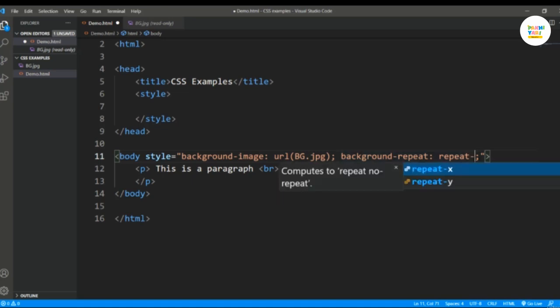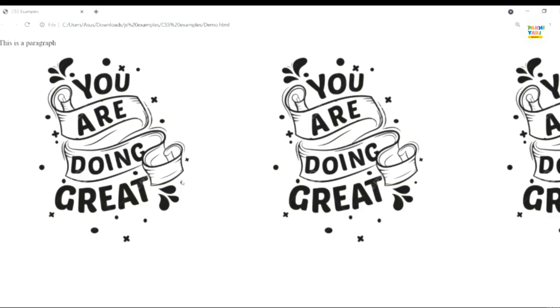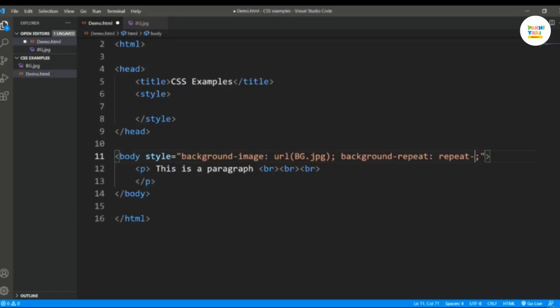But if you say repeat-x, only horizontal images will be repeated. As you can see here, vertically it's not getting repeated, since X denotes horizontal and Y denotes vertical. Now when you say repeat-y, there is no image